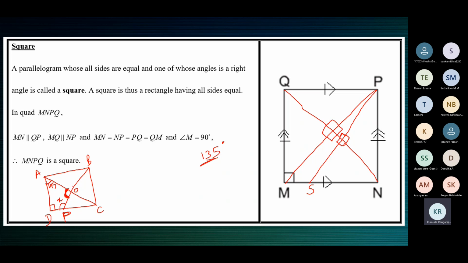So we should have been given one other piece of information. Maybe this angle should be given to us. So say this is given to be 120 degrees, just for example. Then it is possible to find, or maybe one of these angles must be given to us. Then you can say vertically opposite.